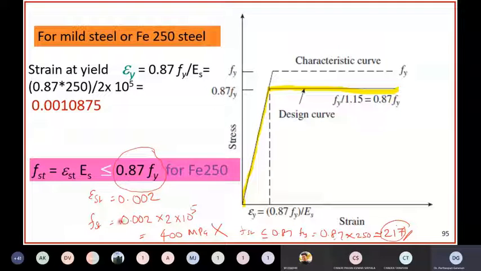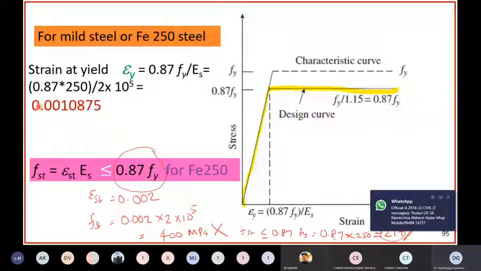So you have to be very careful in determining this equation. Stress in the steel is equal to strain in the steel multiplied by the Young's modulus of the steel, and that value will always be less than or equal to 0.87 Fy. This is only for Fe250 steel, not for any steel. Fe250 or mild steel. This is called mild steel or Fe250 steel. Okay. Next,